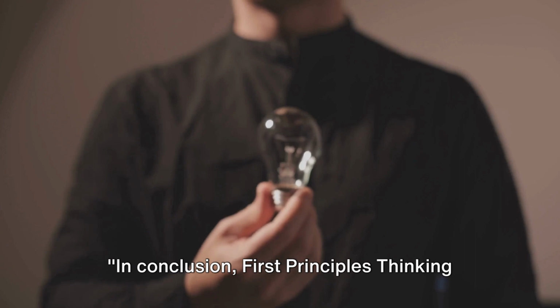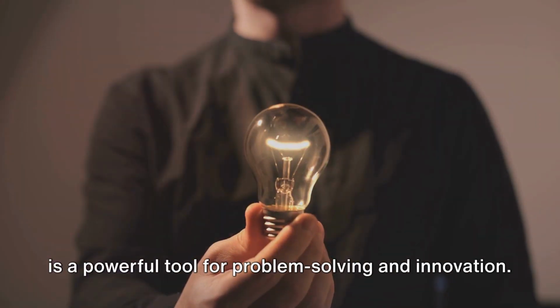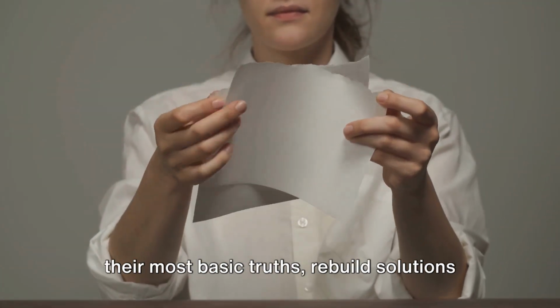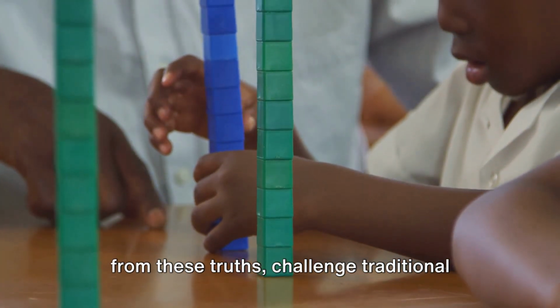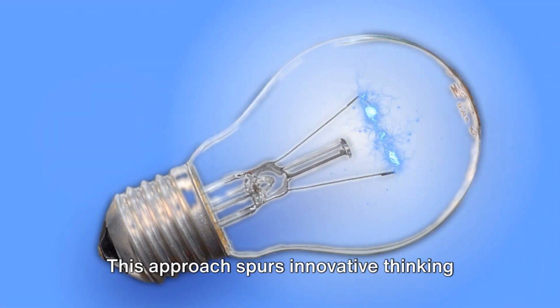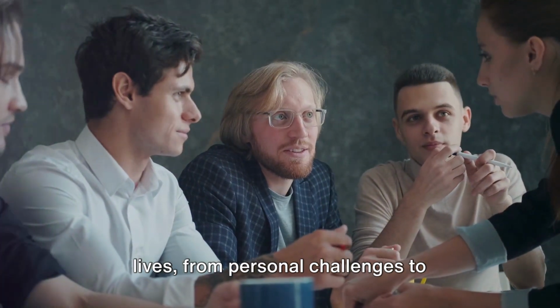In conclusion, first principles thinking is a powerful tool for problem solving and innovation. It encourages us to dismantle problems to their most basic truths, rebuild solutions from these truths, challenge traditional assumptions, and focus on unchanging natural laws. This approach spurs innovative thinking and can be applied in all aspects of our lives, from personal challenges to professional